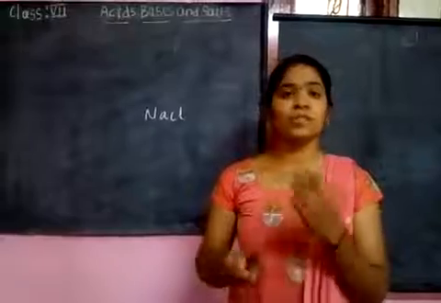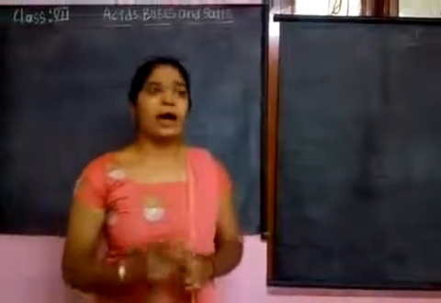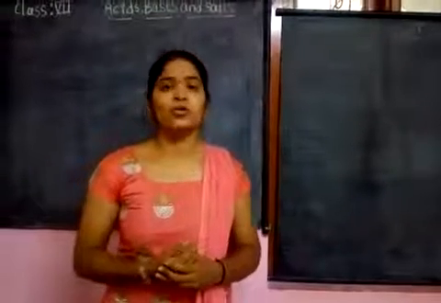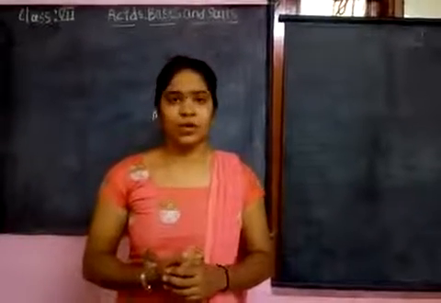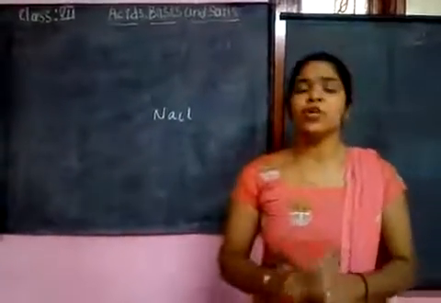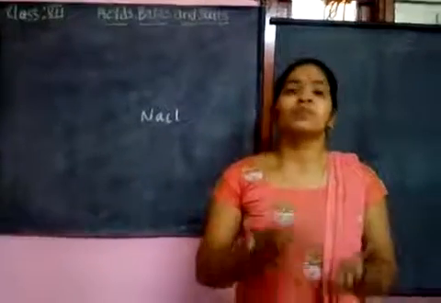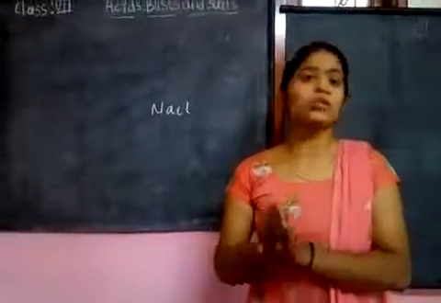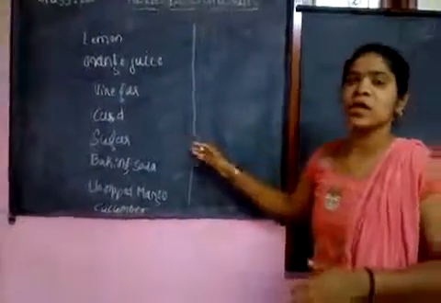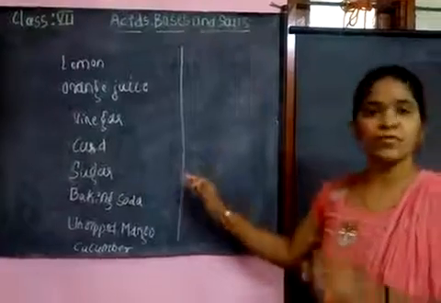There are so many salts in our day-to-day life, as I told. Baking soda and washing soda are types of salts which are used for making foods. Okay. So before going to that, I will tell you some examples. You should mention whether this food object is a salty one, a bitter one, or a sour one. Here I have written some examples. You should tell which type of taste the substance has.